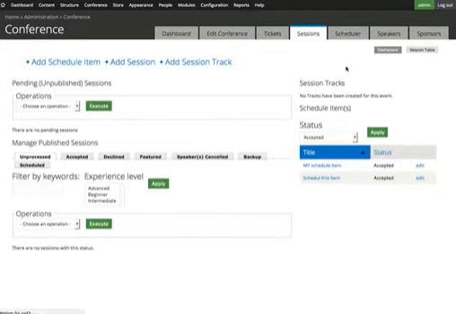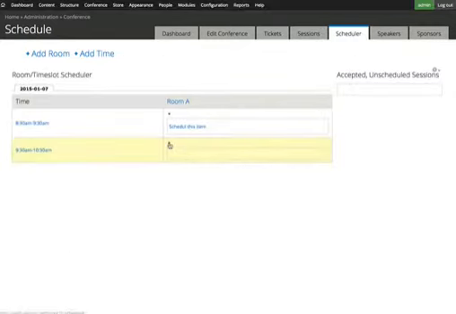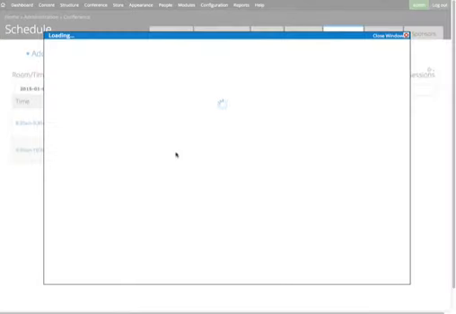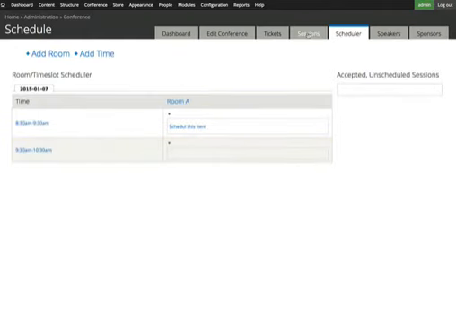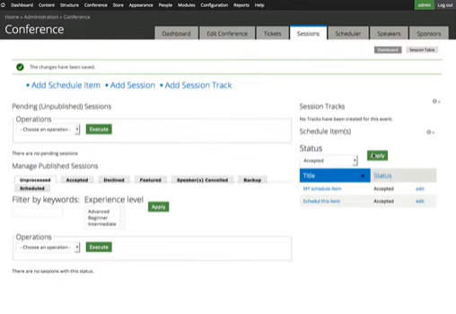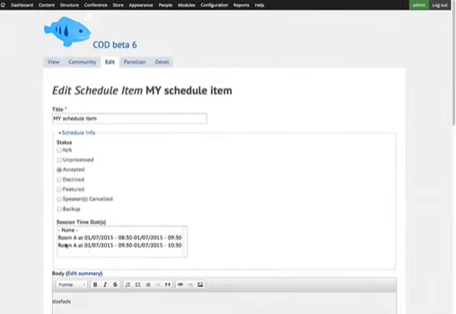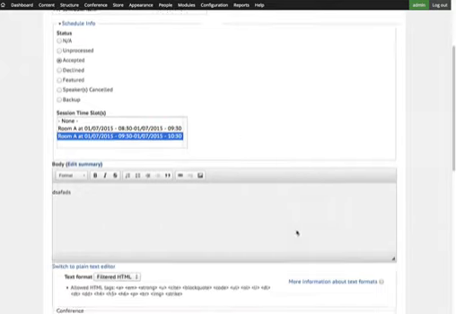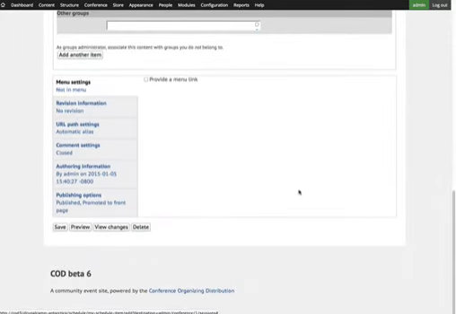So if we hit scheduler, what we can do is we can hit this button and we can say add time slot. And then we can do schedule item. If we hit schedule item and hit save, it will save the time slot. When we go back to our sessions, and we can edit our schedule item, you'll notice here, our 9:30 slot appears as planned. We hit save,